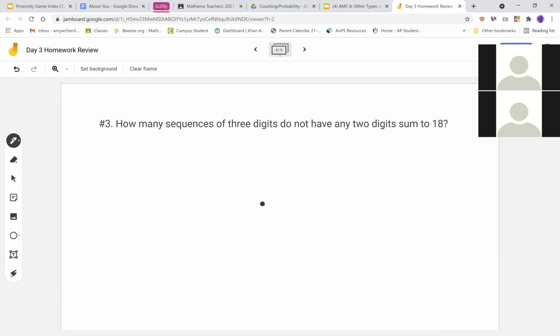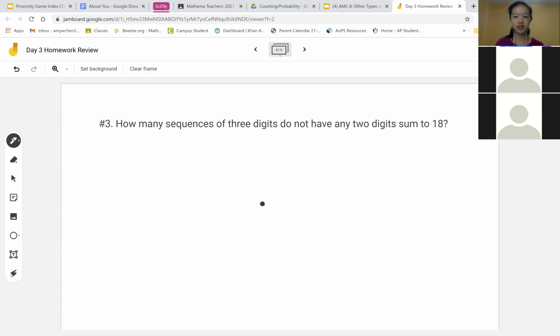Number 3. How many sequences of 3 digits do not have any 2 digits summed to 18? So for this one, does anyone want to try their hand at it? Did anyone solve it? No, I didn't even understand what the problem was asking. That's okay. So the problem is asking